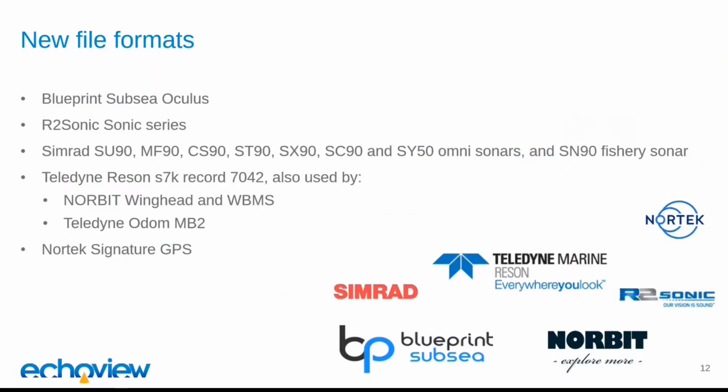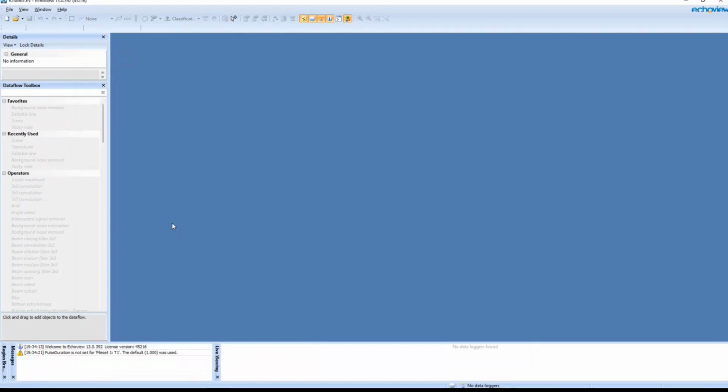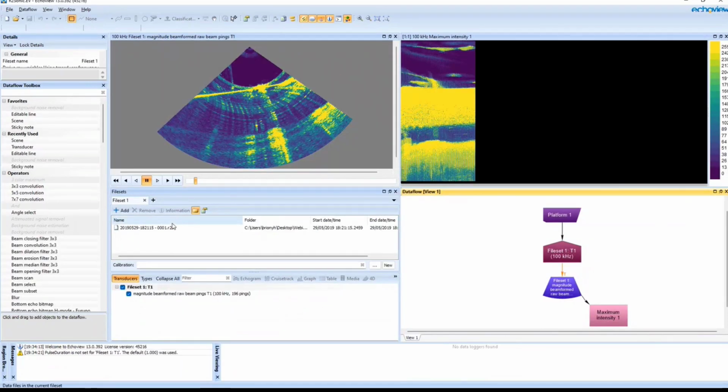The next one on the list, what have we got? R2 Sonic data. R2 Sonic is a multi-beam system, and we're reading raw water column data that can be recorded by these systems using either HYPACK or Quincy to record raw water column data to R2S files. This data was shared by Mike Brissett of R2 Sonic, and what we're looking at here is a simulated gas seep, oxygen release.